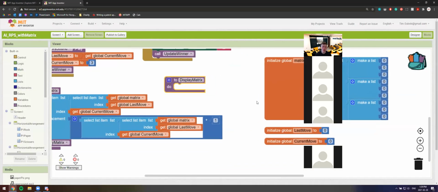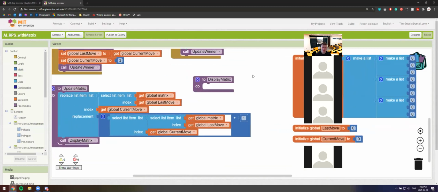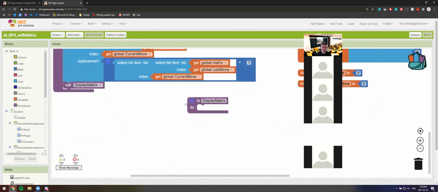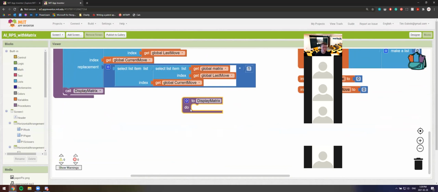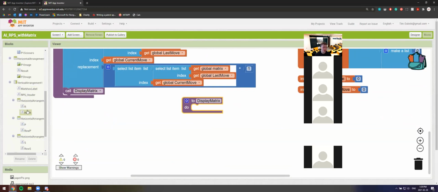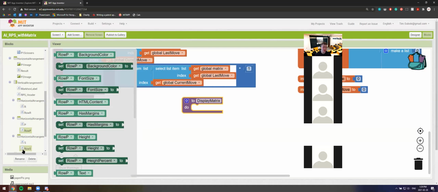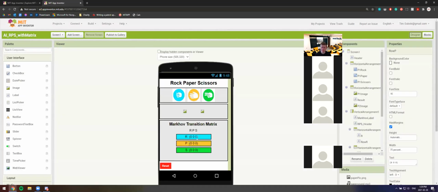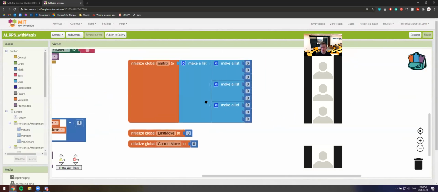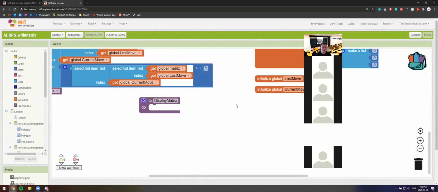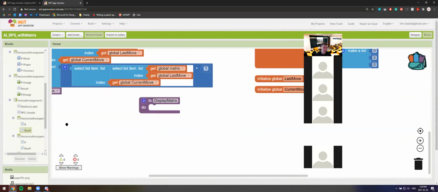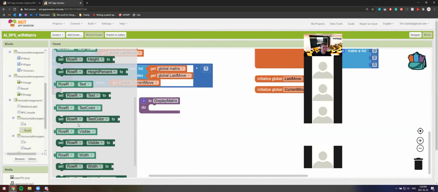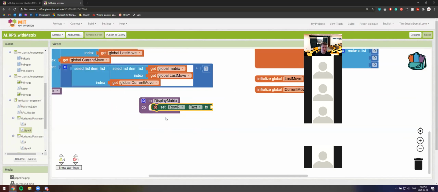So what we're going to do now is take the display matrix, and here we're going to say that when it's called, we need to go through each of those rows. So this row R, row P, row S, which is what I called them, but they're just these labels right here. You might have called them something different. I'm going to go through them and set them to the first row, the second row, and the third row. So I'm going to say set row R dot text to